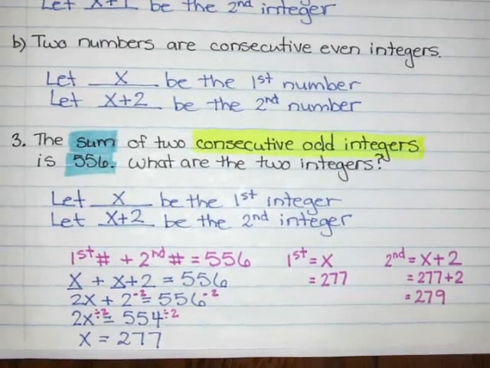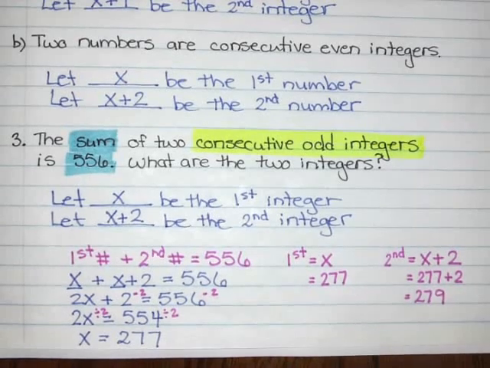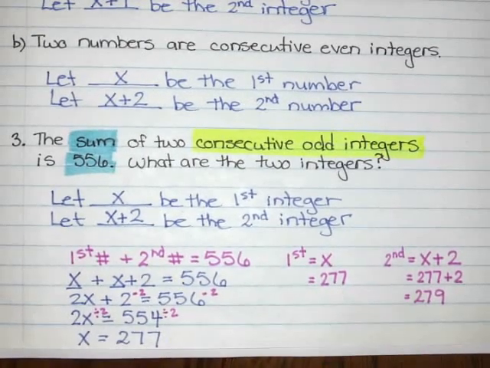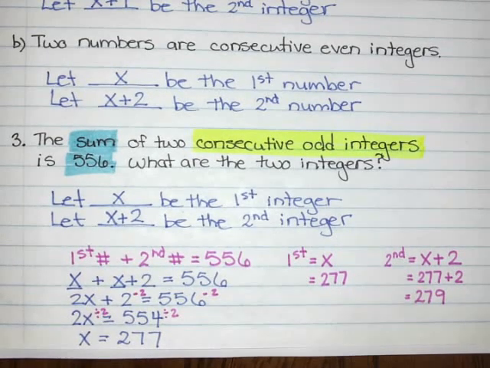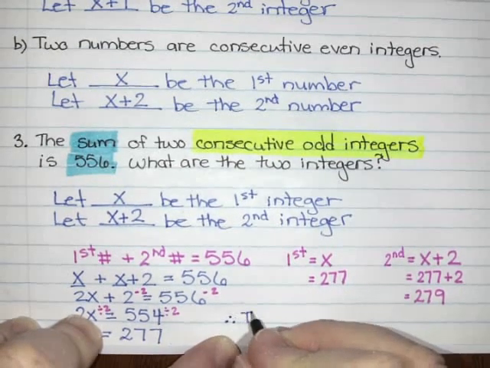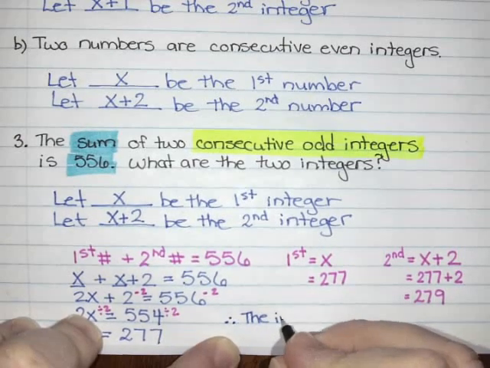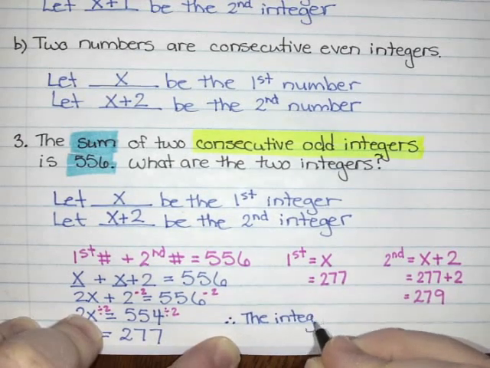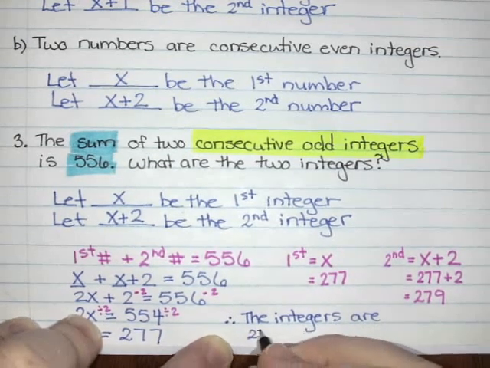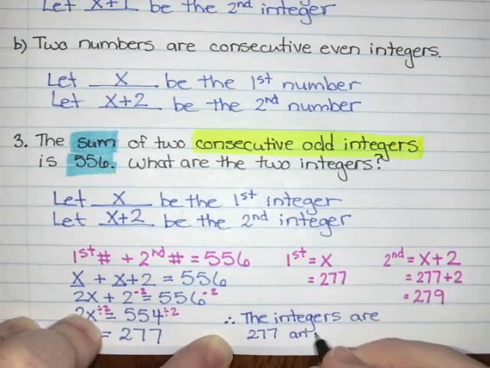So before I write my sentence, I am just going to do a quick check. These are supposed to be two consecutive odd integers. Are these odd numbers? Yes, they are. They don't end in an even number, they don't divide by 2. So I'm good. So I'm going to say, therefore, the integers are 277 and